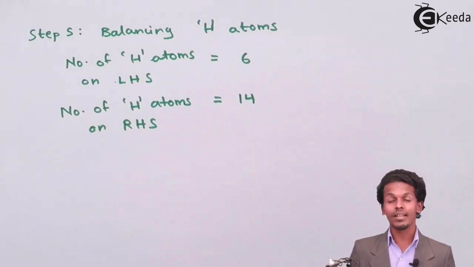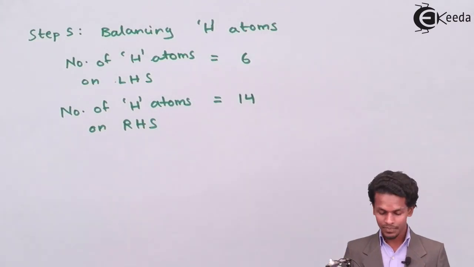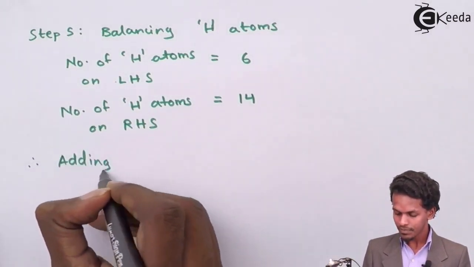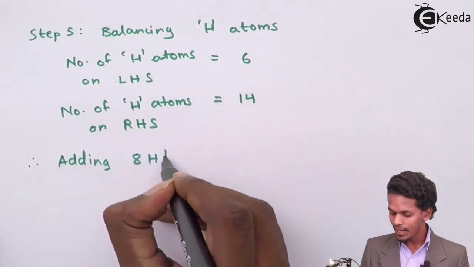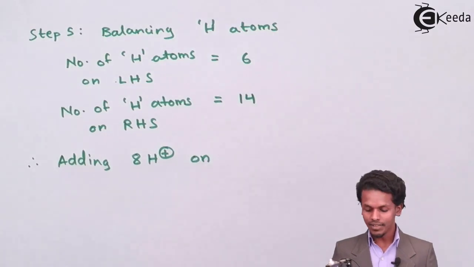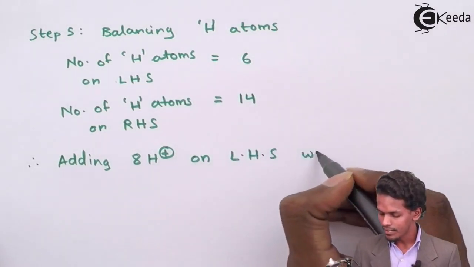So we are going to add 8 moles of H plus on the left hand side. So adding 8 times H plus on the left hand side, we get